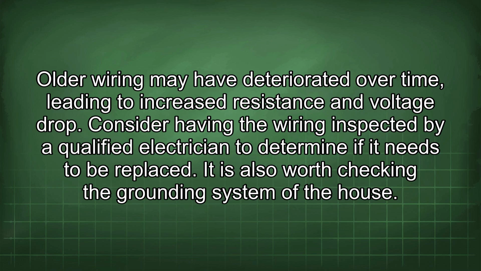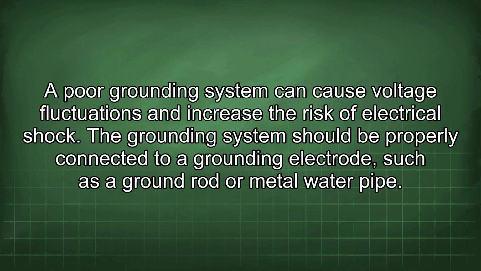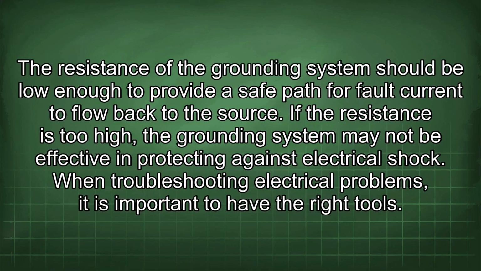It is also worth checking the grounding system of the house. A poor grounding system can cause voltage fluctuations and increase the risk of electrical shock. The grounding system should be properly connected to a grounding electrode, such as a ground rod or metal water pipe. The resistance of the grounding system should be low enough to provide a safe path for fault current to flow back to the source. If the resistance is too high, the grounding system may not be effective in protecting against